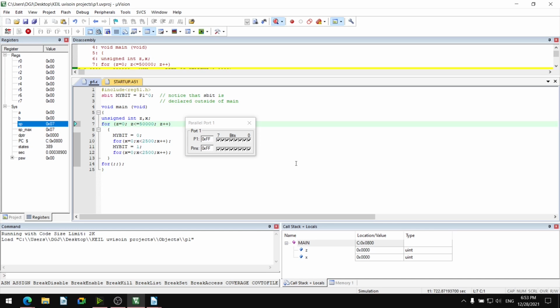Zeroth bit is toggling 50,000 times. It is over because it is very fast. Delay is very small. That's why some of the executions we are observing, not all 50,000. It is running very fast.